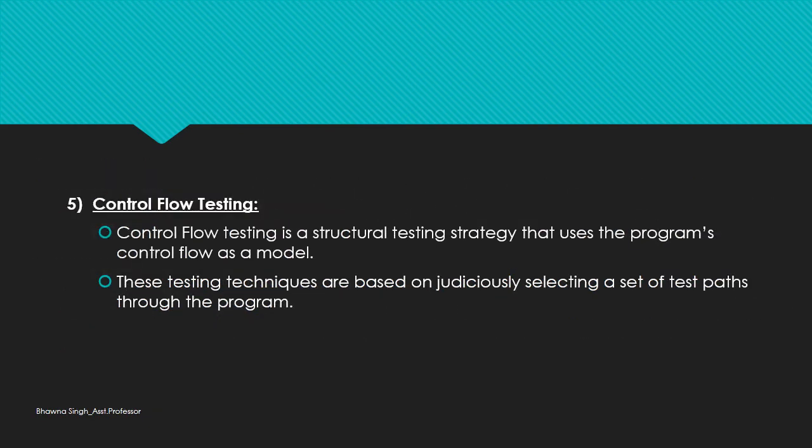Then the next method we have for structural testing is control flow testing. This control flow testing is a type of structural testing that uses the program's control flow as a model. These testing techniques are based on judiciously selecting a set of test paths through the program. That means this type of testing is often used by developers to test their own code and implementation,